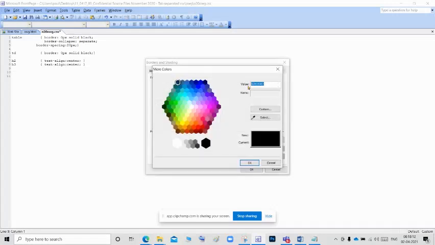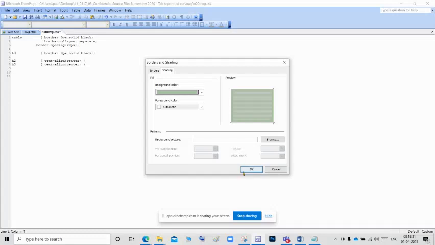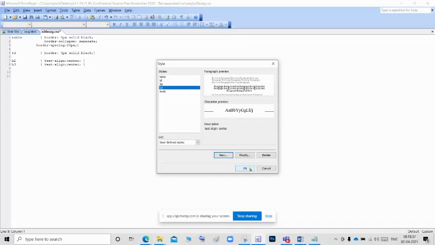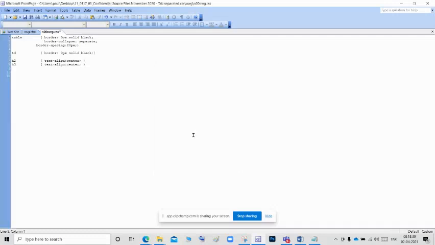In the value automatic, we want to type shift 3. Sorry, red, they are giving AB, green, they are giving C5, and blue, they are giving A4. Click OK. So we will get the color like this. Click OK and click OK. Select the body and click OK. So we get the body tag.